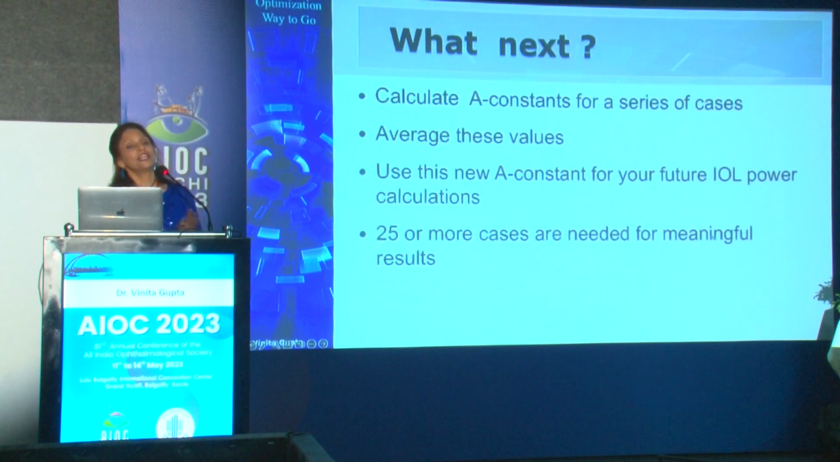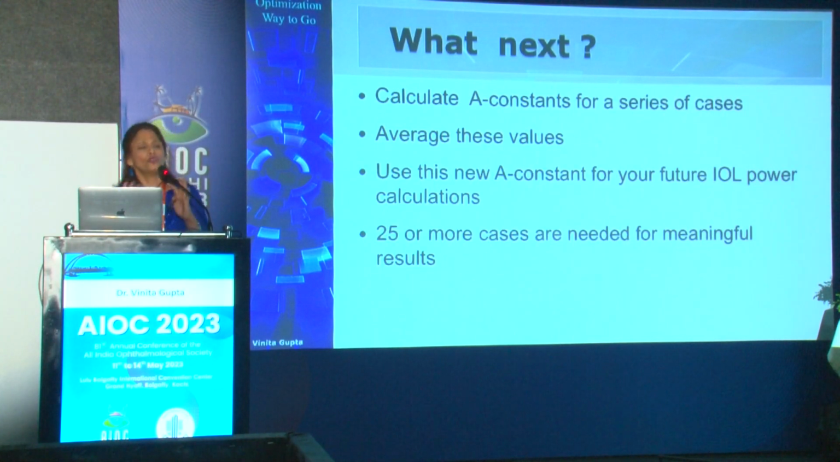Now we calculate this for a series of cases, average these values, and use this A constant which we have averaged, taking all those considerations of using one IOL model, one biometry machine, one type of surgery, one type of data, and one type of refractive way of doing refractions. And we calculate that A constant and use this for our own IOL power calculation for that particular type of